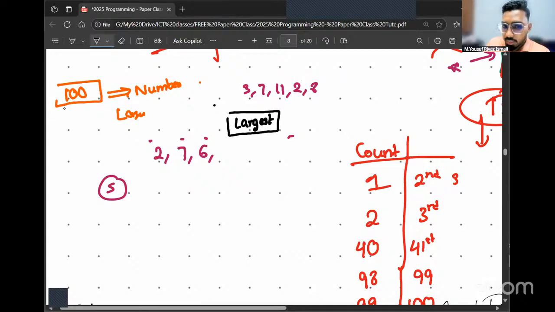The highest number. Now, whenever I gave you a number, how did your brain process that? Your brain already had a number stored, that is the largest number. You were asking yourself about the number Sir gave: is that number greater than the largest number? Was this the question running in your mind?